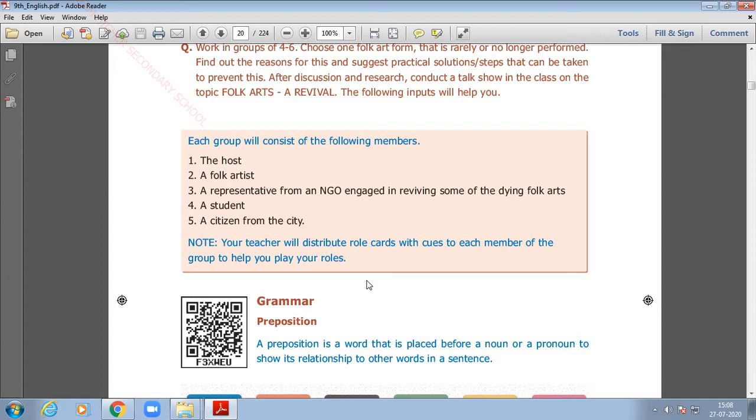A preposition is a word that is placed before a noun or a pronoun to show its relationship to other words in a sentence. Pre means before. Position means place. A word placed before a noun, especially before the object. You can just have it in that way. Before a noun, in the sense you have two nouns in a sentence, children. One as the subject and the other as an object. So you have a preposition placed before a noun, that is your object. Now I think you can understand the definition properly.